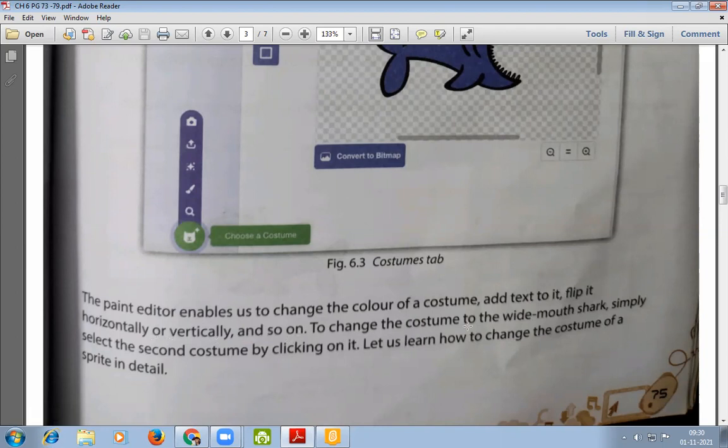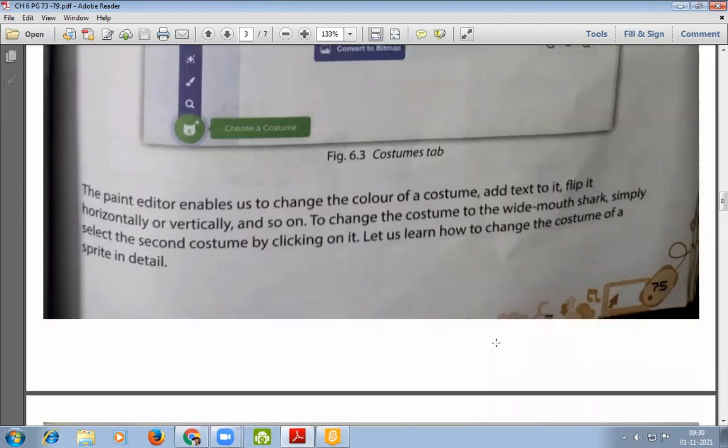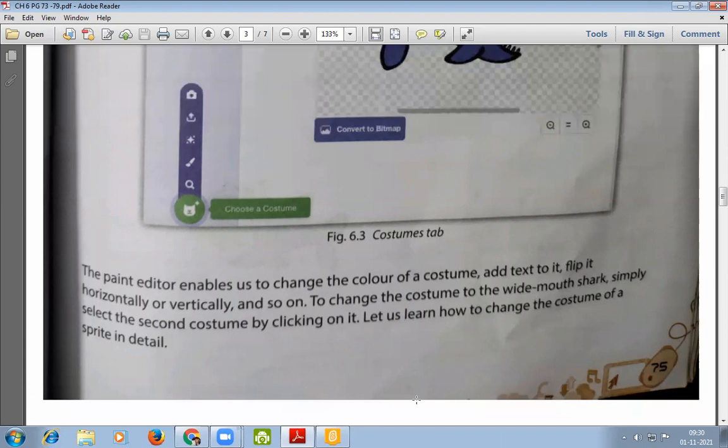To change the costume to a wide mouth shark, simply select the second costume by clicking on it. Let us learn how to change the costume of a sprite in detail. Now, students, we are going to change the costume of a sprite.